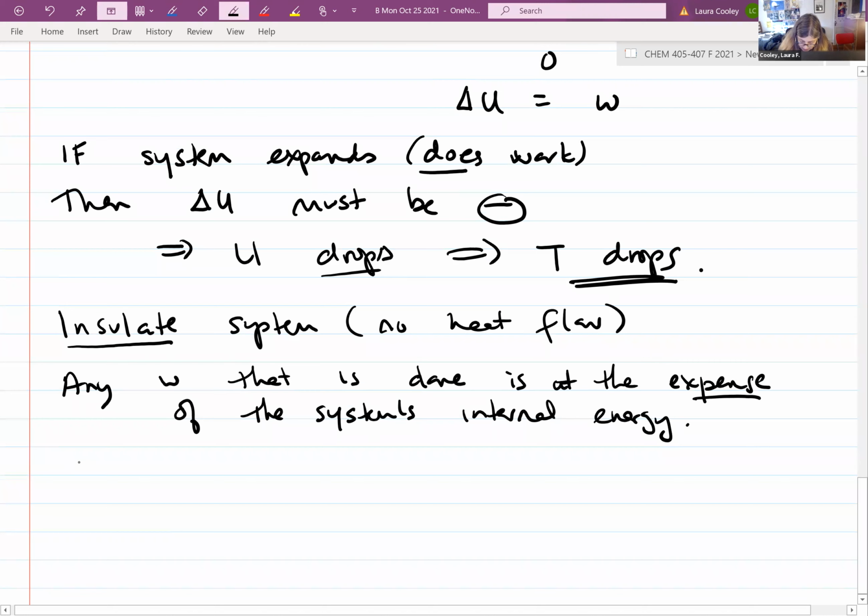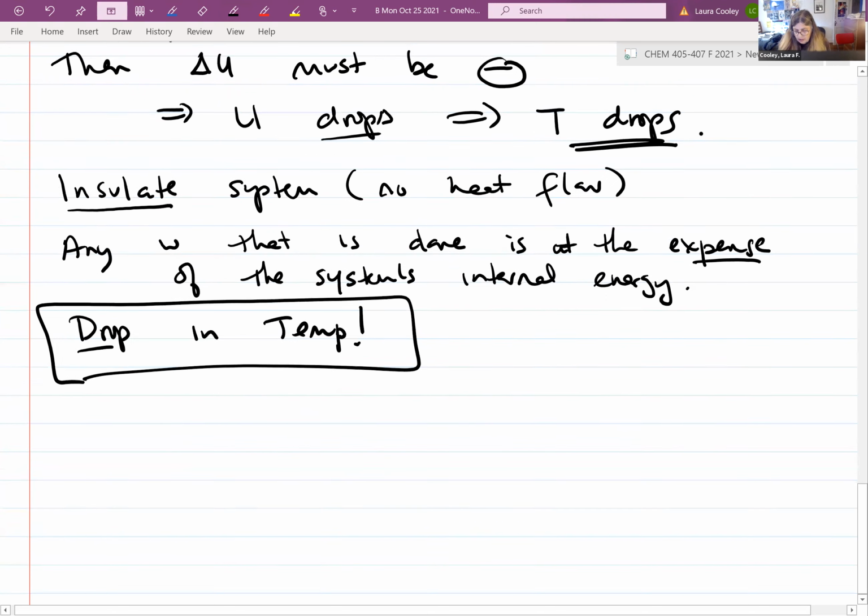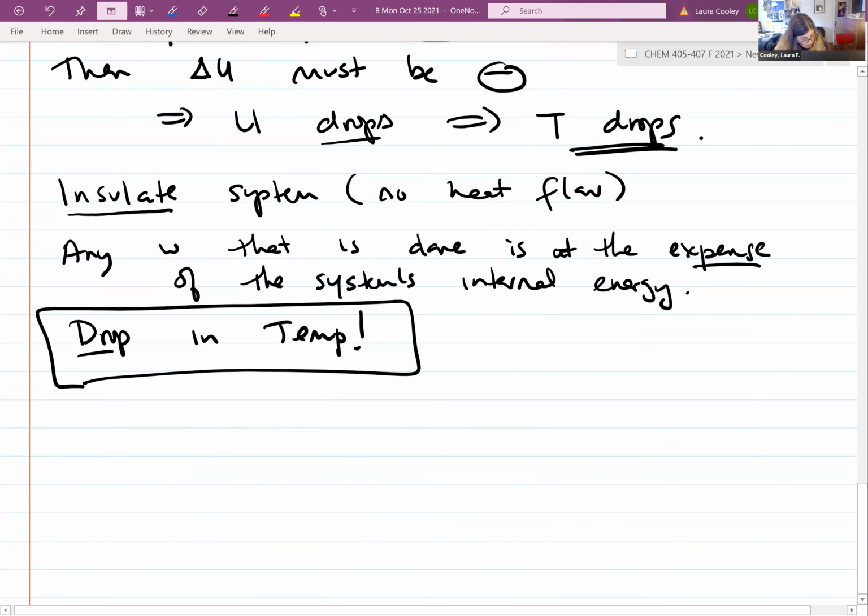Okay, so we're going to have a drop in the temperature. And this is actually a very important thing to know, because in order to be able to calculate the change in internal energy, the change in enthalpy, and the work, we need to know what the final temperature is. Okay, so finding the final temperature